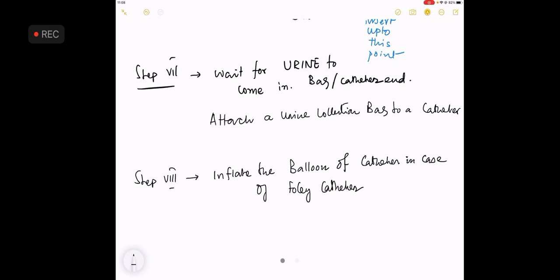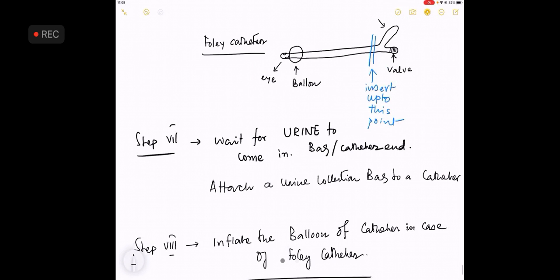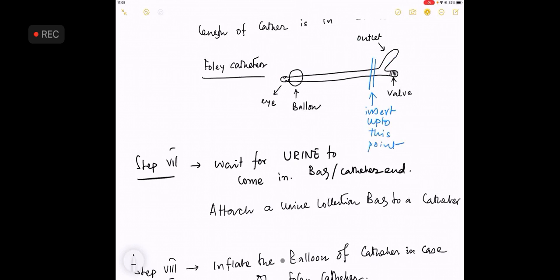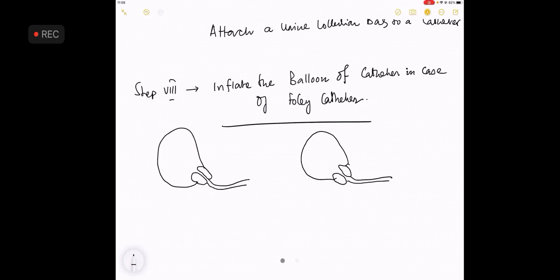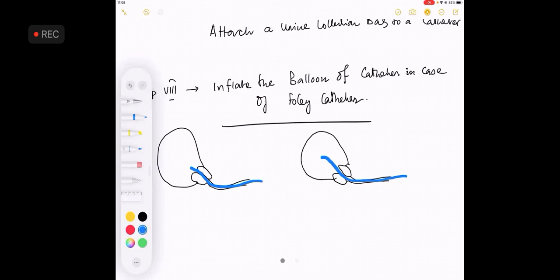Now, what is very important that examiners will like to ask you at this step is why didn't you inflate the Foley the minute it goes to the bladder? Why did you not inflate the Foley when it goes to the bladder? Understand the picture by two things and then you will appreciate what is the dangerous thing about this catheter. In the first picture that I had made, understand that this is the catheter and this is the catheter tip. Understand the next one. In both of them, what I am trying to do is that